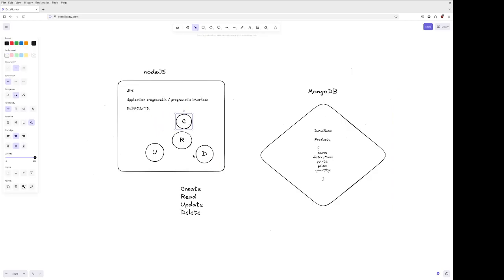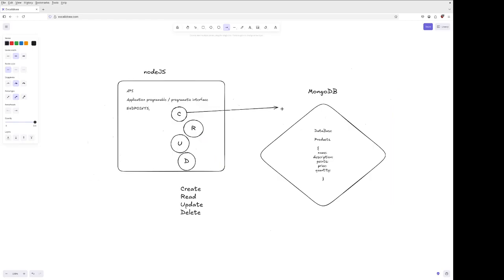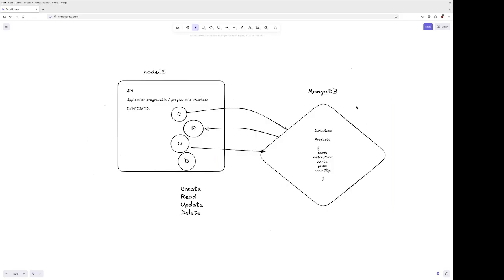So these things will talk to the database in order to create. In order to read, you will have to read the stuff from the database, and then again from the post we can